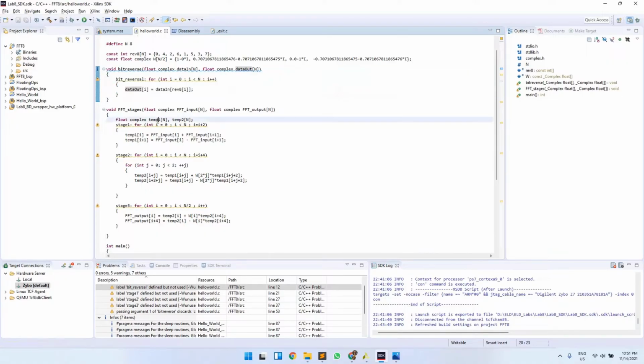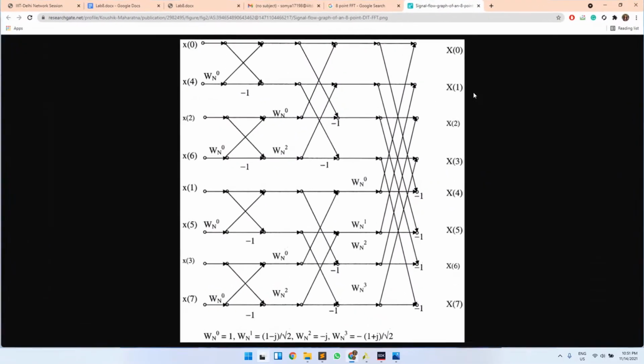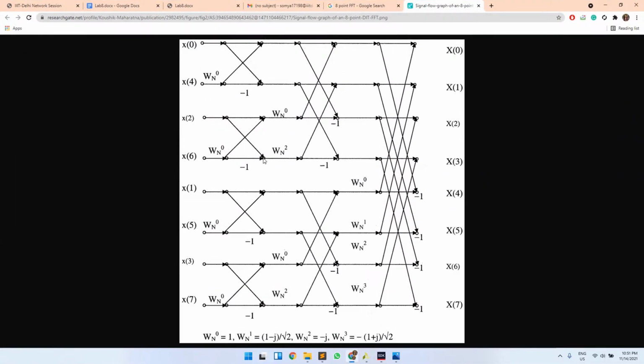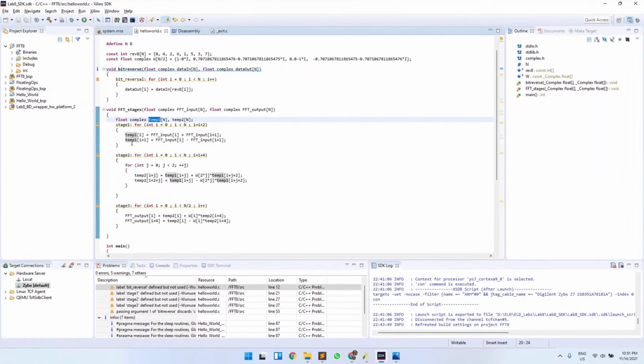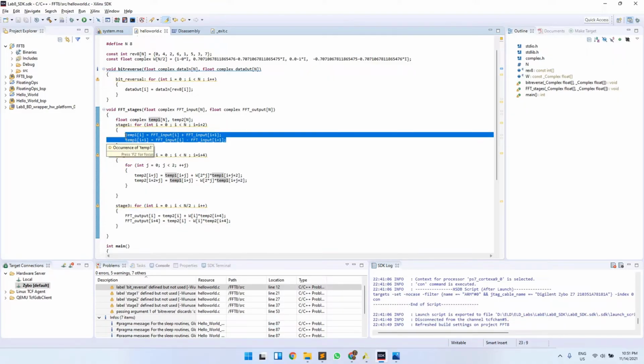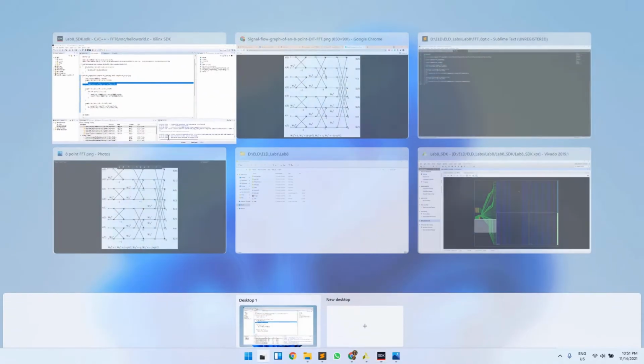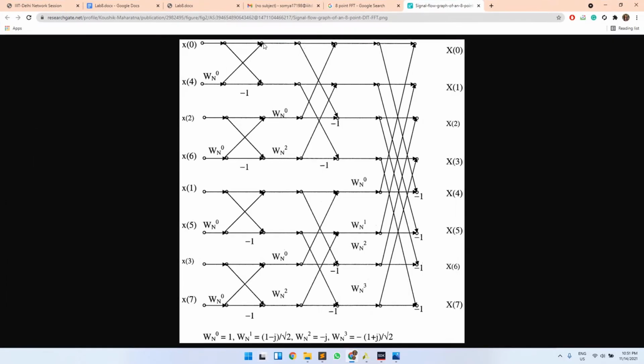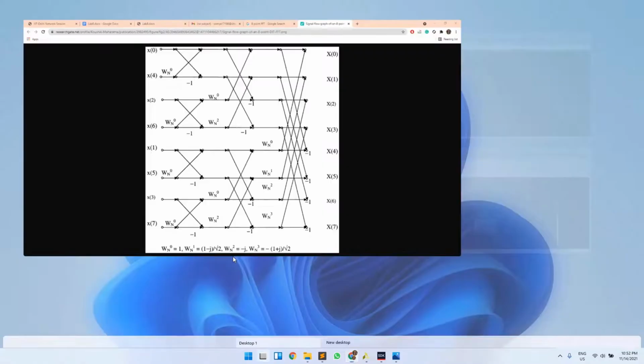In this we have defined 2 temporary arrays, temp1 and temp2, which are the outputs of the 2 respective stages here. So for the first stage, these two lines signify a single butterfly operation. Using these, we are updating the two consecutive values altogether, and then we are iterating over these four butterfly operations to finally get the output after this first stage.